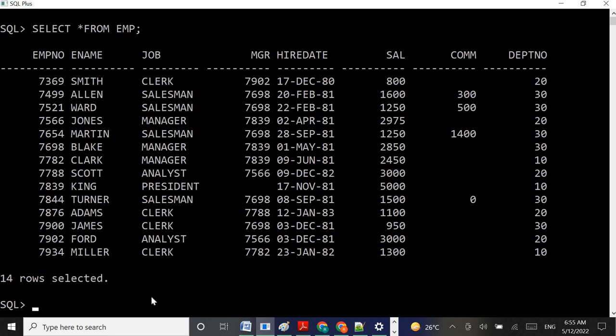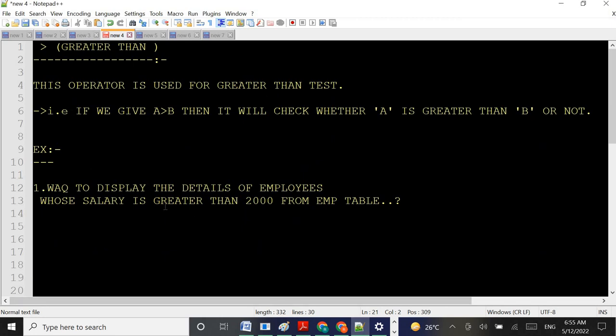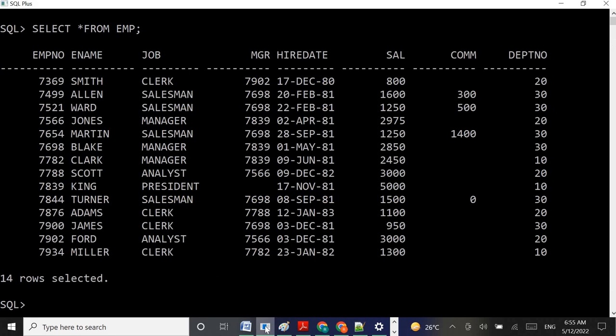So we need to find, according to the question, the details of employees who are getting a salary greater than 2000. Out of these 14 employees, we need to fetch out those who are getting a salary greater than 2000. The question is like that only: write a query to display the details of employees whose salary is greater than 2000 from the EMP table of a particular organization. So for that I am giving the answer in terms of a query: select